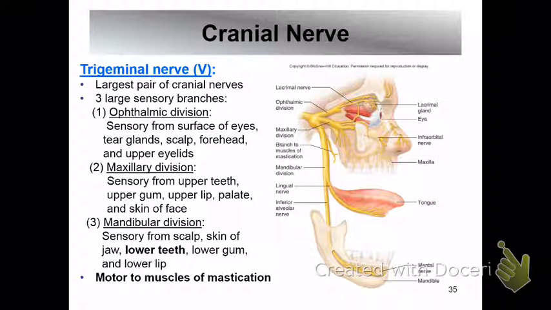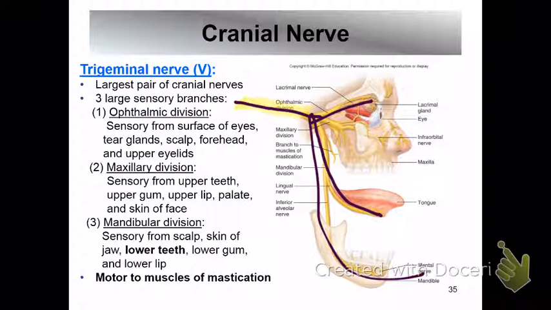Take a second, just look at the information, kind of learn from it, don't memorize it. The trigeminal nerve comes in here, and it goes to the eye, it goes to under the tongue, the maxillary, and then it goes to the mandible. So it's big, it's really important. If there were to be a tumor or have surgery to remove part of the jaw, anyway, if the trigeminal nerve is damaged, it could cause several problems with speech, with chewing, with feeling, with facial